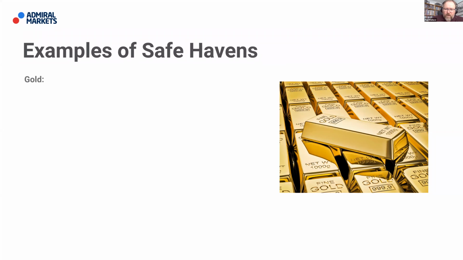So, not unsurprisingly, gold. Gold is seen as an example of a safe haven, and you'll hear it very often mentioned. During times of volatility, during times of market turbulence, you will hear people talking about gold as a very natural safe haven. And why is that? Well, as it says, for years it's been considered a store of value. For thousands and thousands of years, gold has always been considered a store of value, and that continues to this